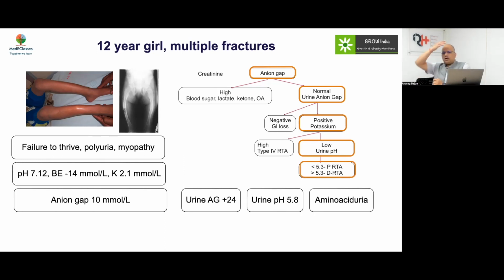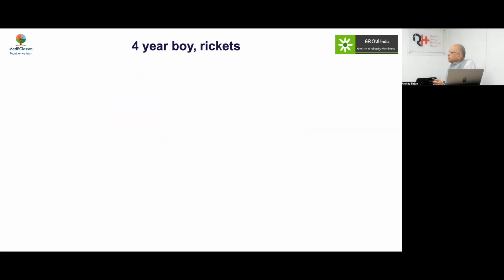So why is there aminoaciduria in distal RTA? Secondary hyperparathyroidism can cause glucosuria, aminoaciduria, a Fanconi syndrome-like picture. But the key message is look at the case. The first case was a young child who had presented very early. That's more like a proximal RTA. This is a later severe presentation, more like a distal RTA. Fractures I have generally seen mainly with distal RTA, or in very, very young children, then it's proximal RTA. So this becomes important.